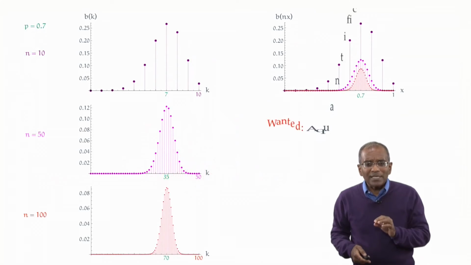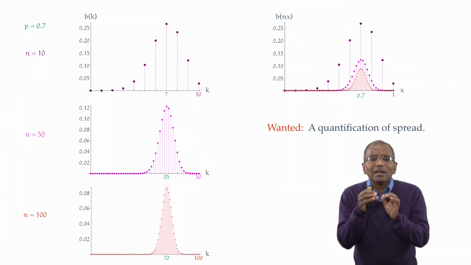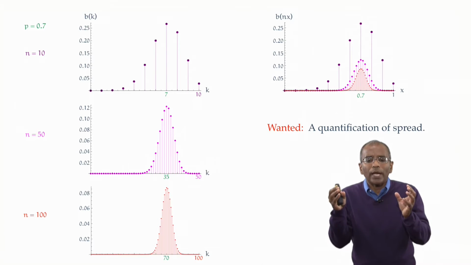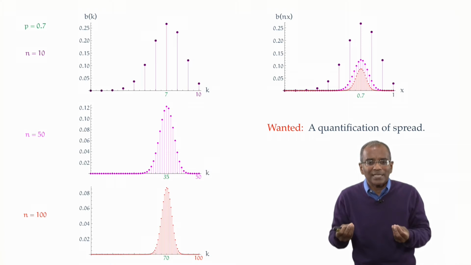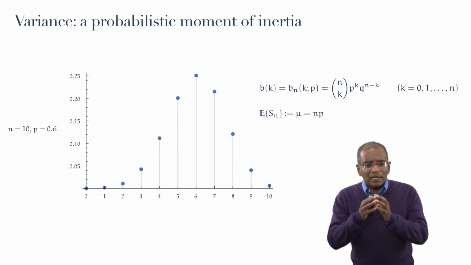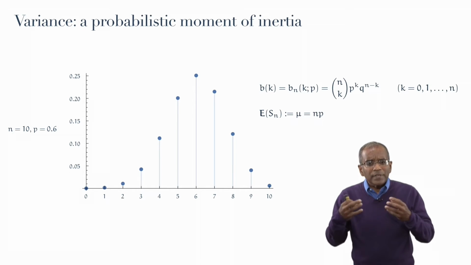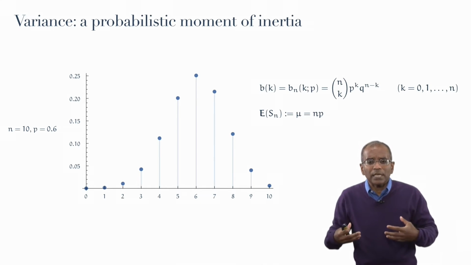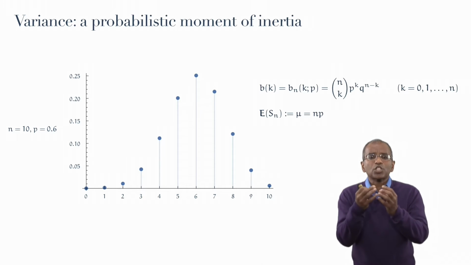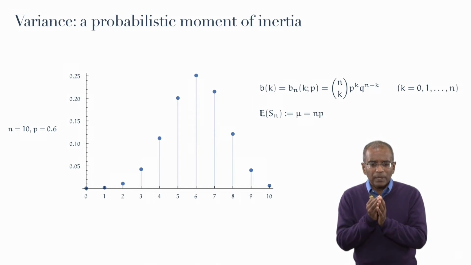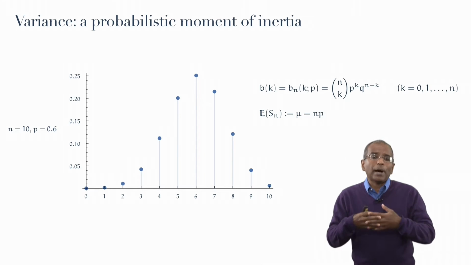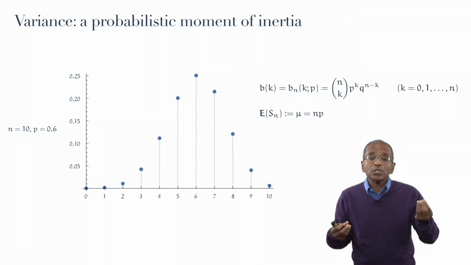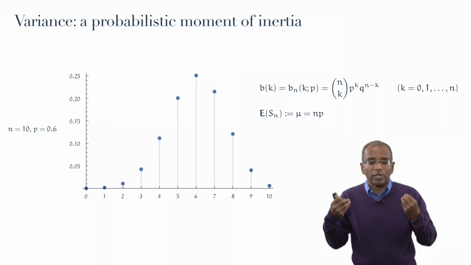Now, to quantify this, we need to have a clear and simple mathematical way of quantifying this notion of spread around the center. Let us turn to this next. As before, physics and physical intuition gives us a very good starting point for constructing a measure of spread. The picture on your screen shows you a familiar object, a binomial distribution corresponding to 10 tosses of a coin whose success probability is 0.6.